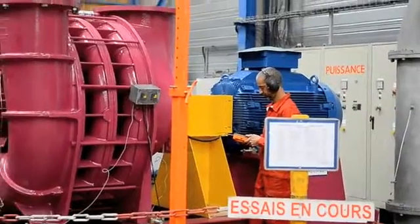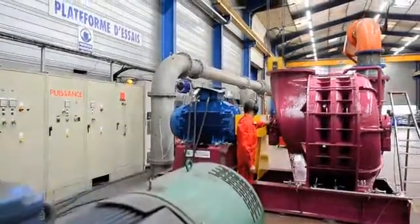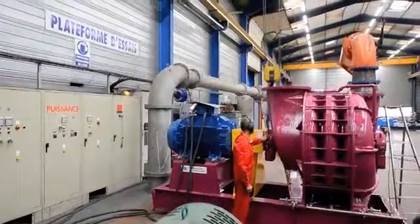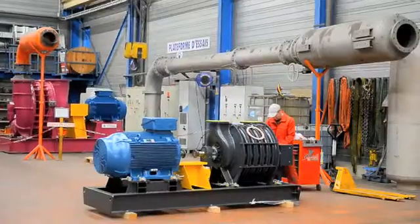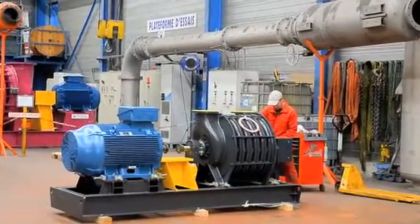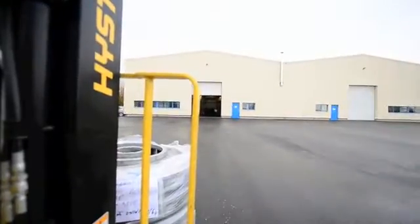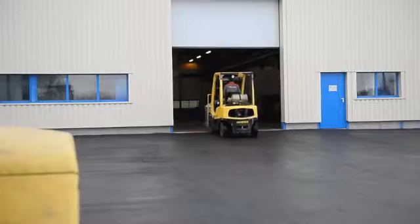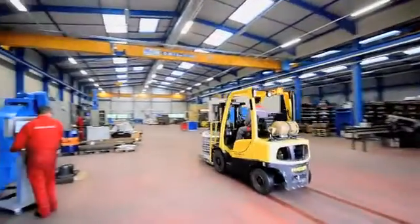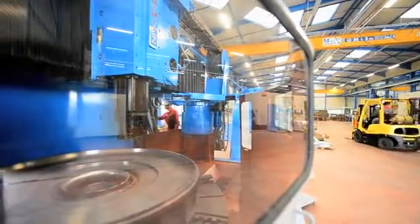As a result, for our constant concern to improve our performances and by investing a large part of our resources in research, we have adapted and modernized our plant to meet a wider variety of demands. Thanks to this modernization, we have better control over production and can now ensure our customers even greater flexibility and shorter delivery times. Whatever your situation of air or gas can be, please feel confident in relying on our experience